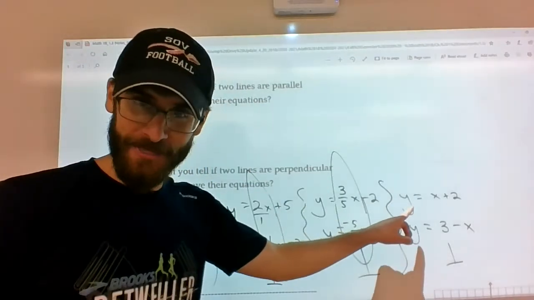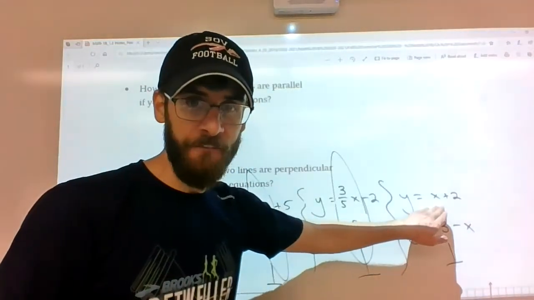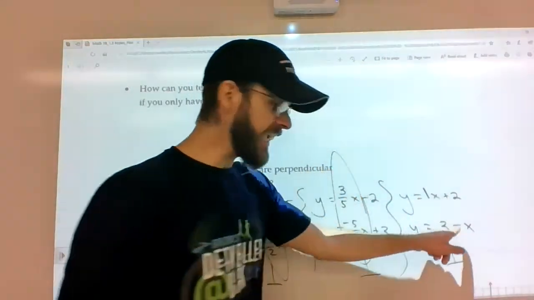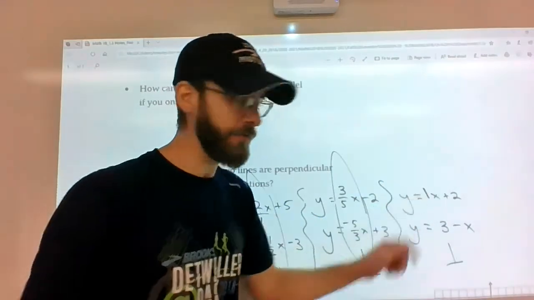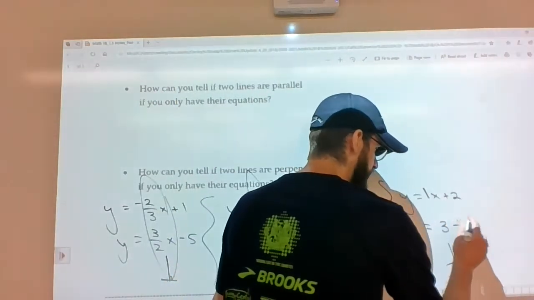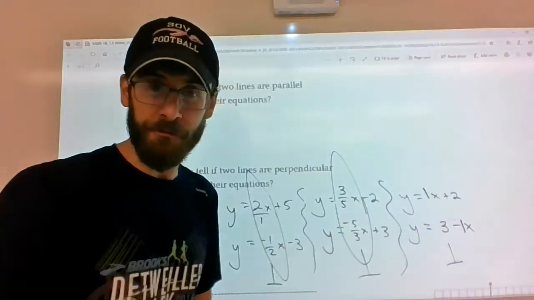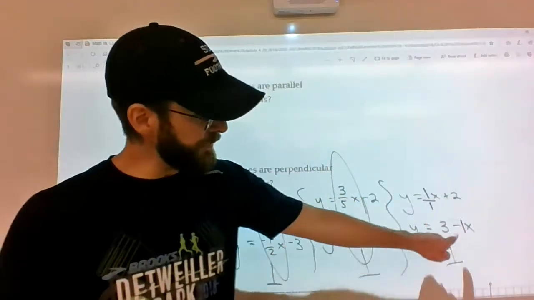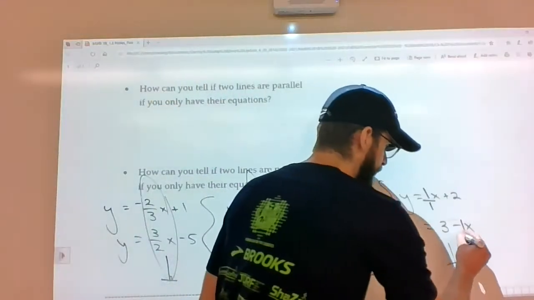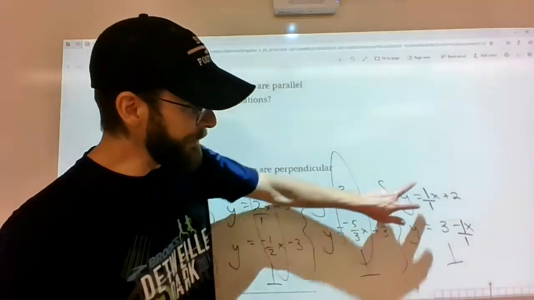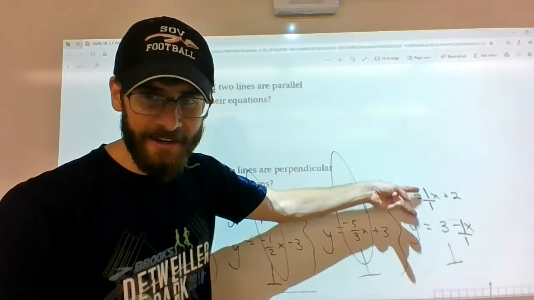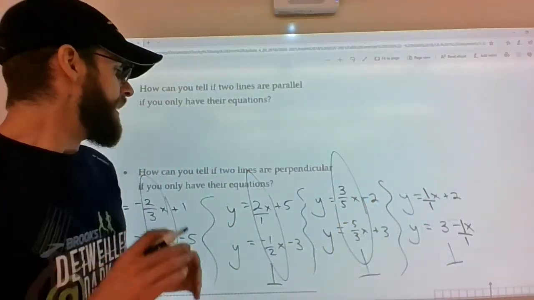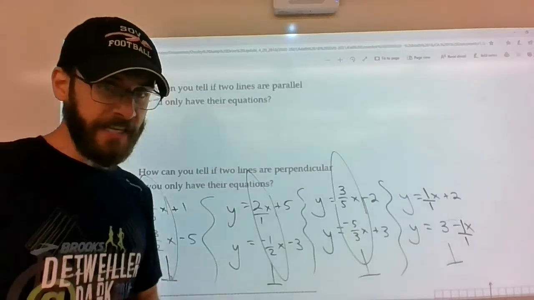Now that's the interesting thing about this one. X actually has a coefficient of 1. Negative x has a coefficient of negative 1. And if we wanted to talk about that in terms of fractions, this would be 1 over 1, and this would be negative 1 over 1. So flip 1 over 1 and make it negative. Interesting, huh? So the slopes of perpendicular lines